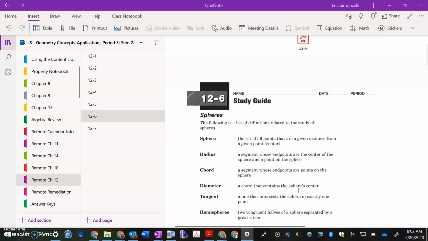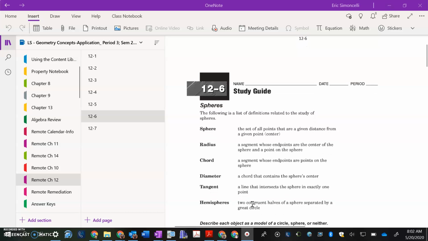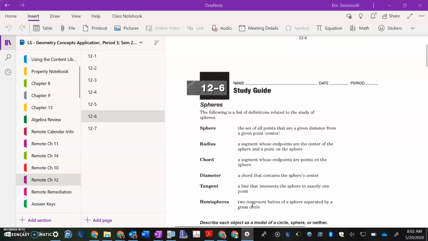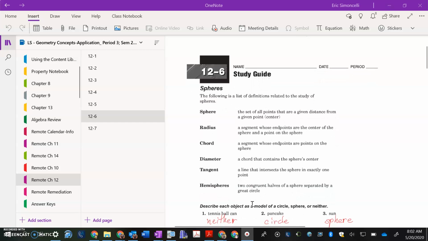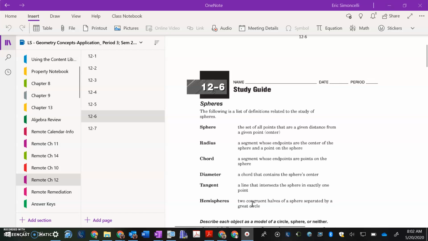A chord is a segment whose endpoints are points on the sphere. Diameter, a chord that contains the sphere's center. Tangent, a line that intersects the sphere in exactly one point. Hemispheres are two congruent halves of a sphere separated by a great circle. So as far as some of these terms are concerned, certainly a radius would make sense in the context of,